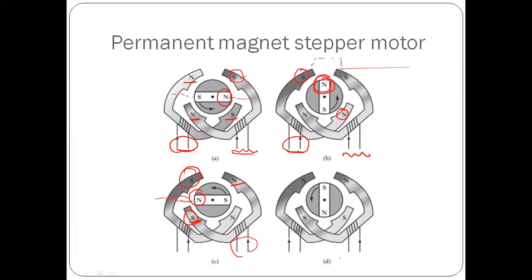Again, I'm going to keep this constant and change the direction of the current through this wire. So what happens now, these two have become south poles and hence the north pole is attracted to this newer position. So it has rotated again through an angle of 90 degrees. When I keep on repeating this, I can make the stepper motor rotate to whatever angle I need. Usually stepper motors have step angles like 1.8 degrees, 7.5 degrees, 15 degrees, 30 degrees or 90 degrees. Depending upon the construction, you can change the step angle of the motor.